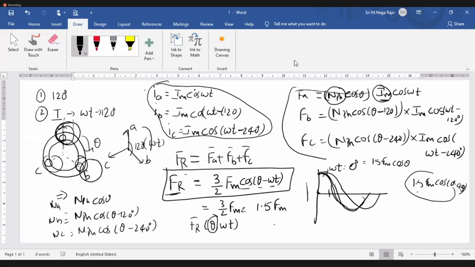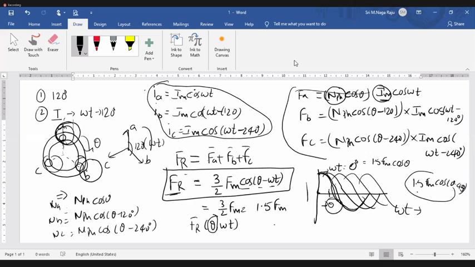Again, when omega t equals 90 degrees, 120, 150, as omega t varies, is the flux waveform shifting in space or not? Okay, the flux wave is shifting in space with respect to theta. So this flux is shifting as the angle increases. This type of MMF is called a rotating magnetic field. This is the mathematical proof.